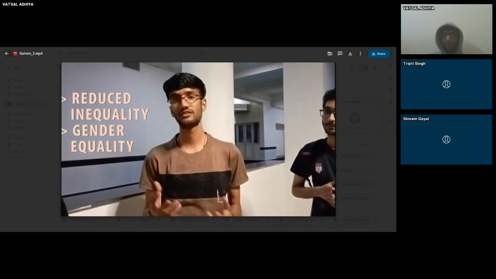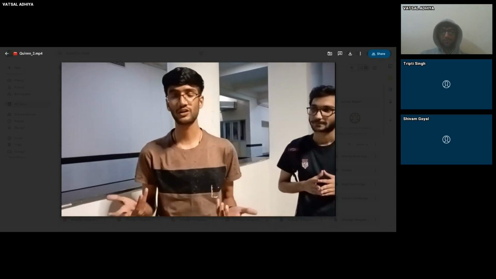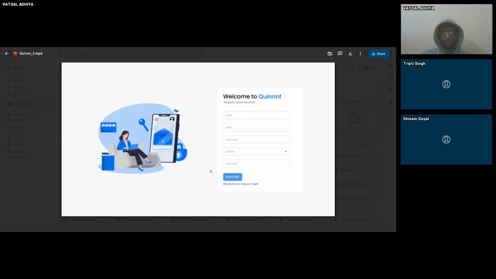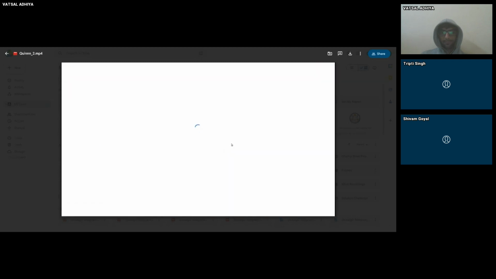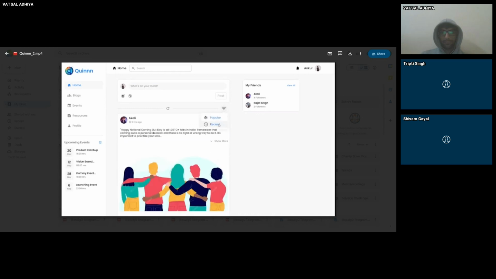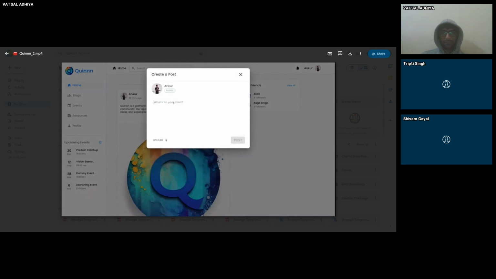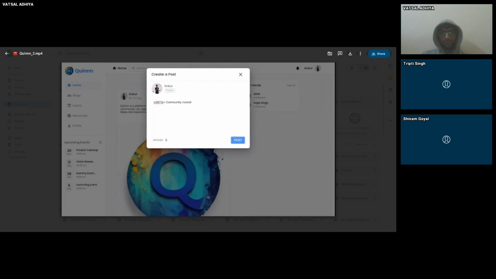So it has various features like the user can build communities inside the app. They can find resources and they can create events for themselves. So let me show you what we have built. As a new user, you can sign up and verify your email to get started. Once you are verified, you can log into your account to access the user dashboard. On the dashboard, you will find a variety of posts and articles written by different people. You can sort these posts by using two tags, popular and recent. You can also create your own posts, and we have integrated Google Perspective API, which will automatically check if the content is appropriate or not. So if I post LGBTQ community sucks, it will give me a warning message that this is not an appropriate post. And if I edit it to props, it will post my content.